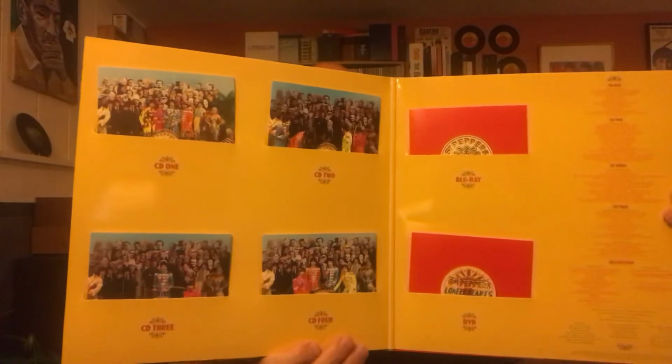And then I may have got this all backwards, but when I first got this, I thought, oh, there's a copy of the album in here, but actually this is what houses the CDs. But it looks just like the original album, so very cool. And then you also get, this is a reproduction of the poster that John Lennon took the lyrics from Being for the Benefit of Mr. Kite from. There is a poster advertising the